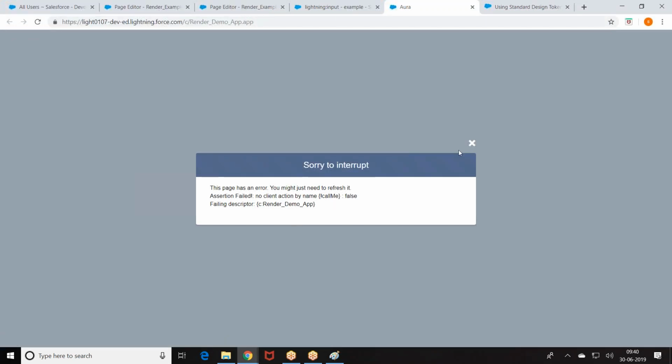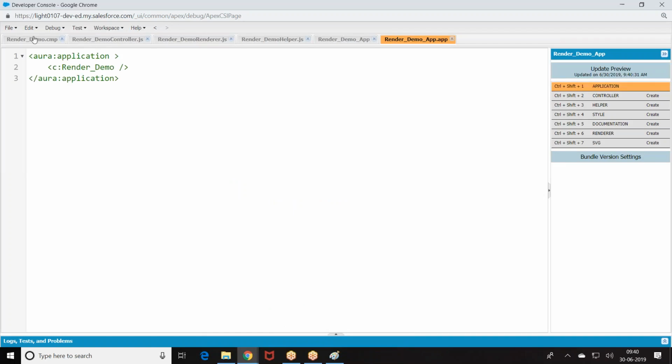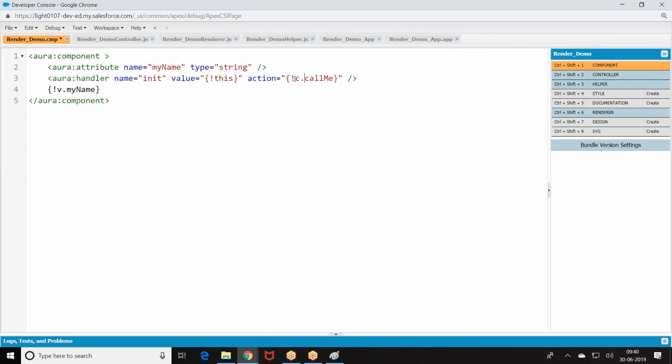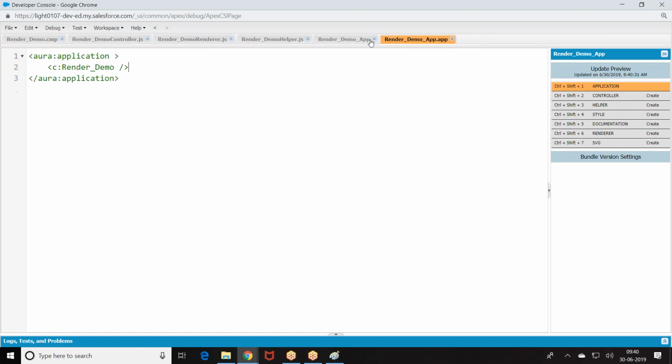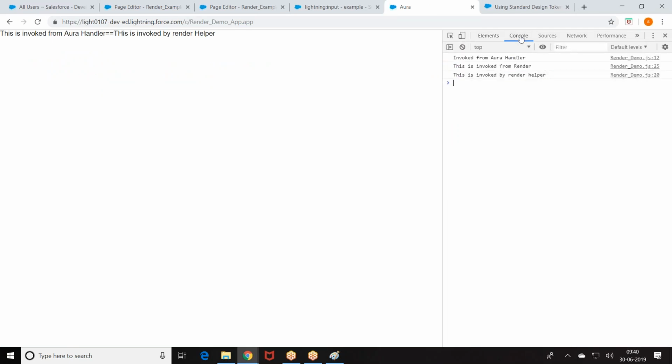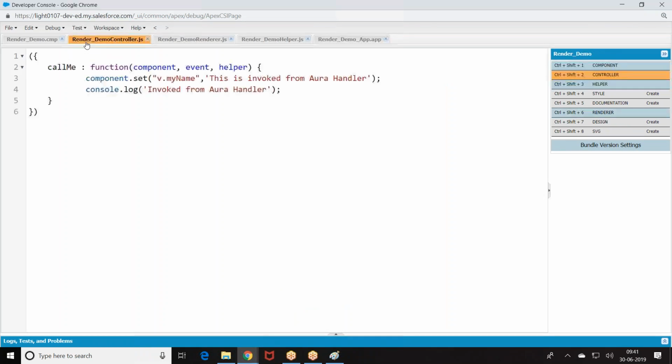What was that? c.callMe method. Then invoke from Aura handler. This is invoked from renderer. This is invoked by render helper. Okay. So first what is called? Handler is called, followed by render is called. After render, component is loaded. Now go to the next one. After render,